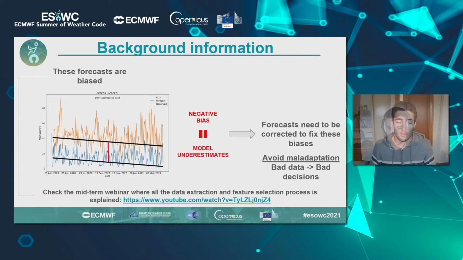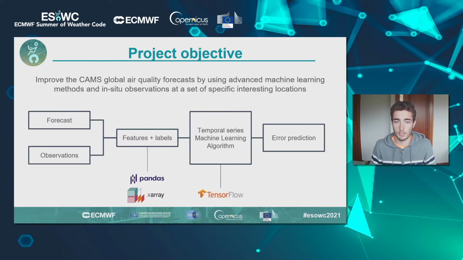Thank you, Antonio. Now, in this next slide, we will present the general workflow. It has been divided into several phases. First, during the pre-processing stage, we have converted the forecasts and the observations available into a structured dataset with features and labels. Then we loop between the modeling and validation stages until a satisfactory solution for forecasting the error in the predictions has been reached. Now we move to present the final model architecture in the next slide.